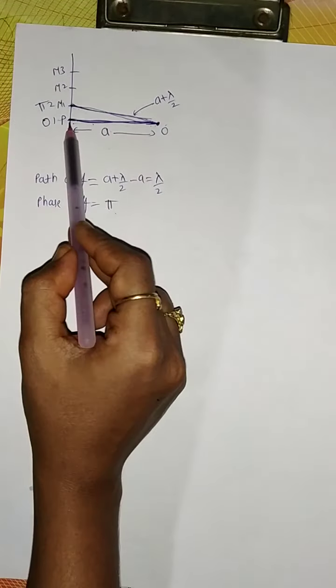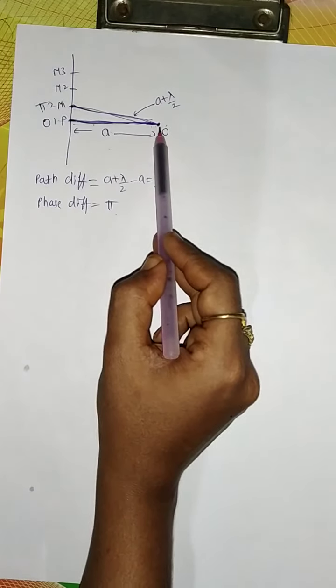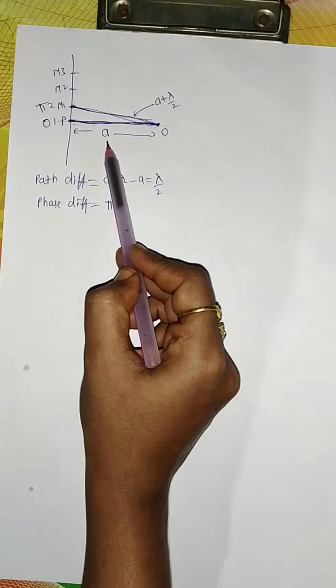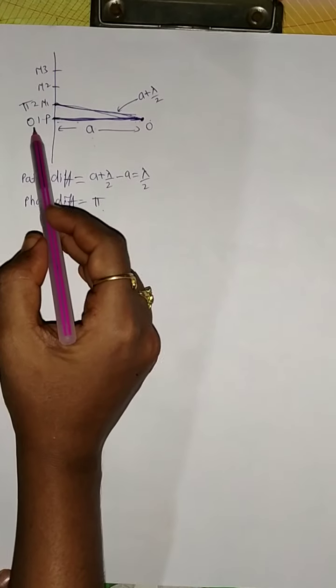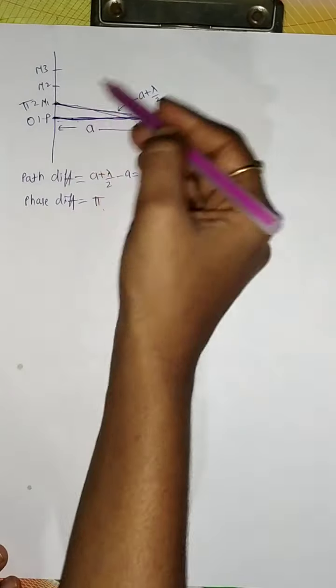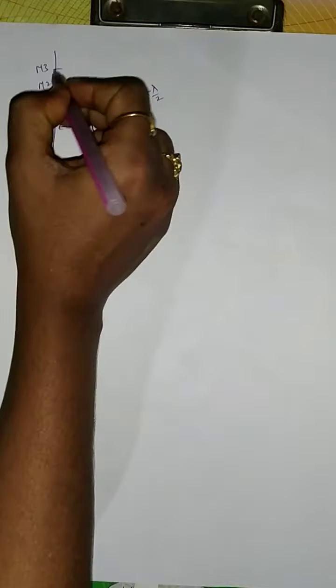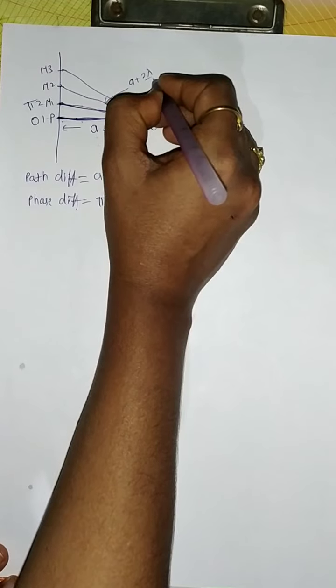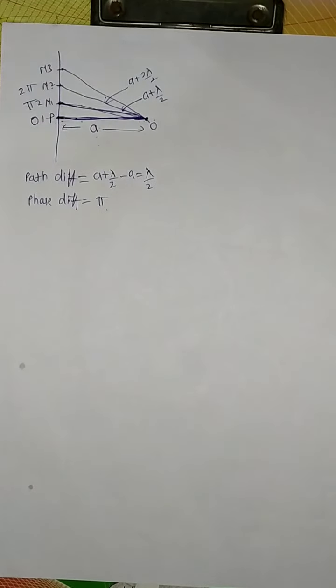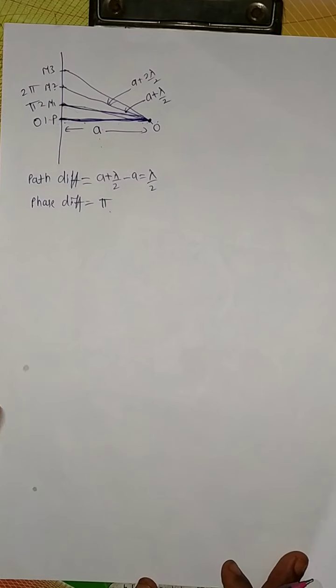Meaning, see, the first ray moves from P to O, how much distance will it cover? A. The second ray again from P to O, if it moves, how much distance will it cover? A. So when all the rays are covering the same distance, then the phase difference will be 0. But from this ray to this ray, what will be the phase difference? Pi. Like that, if you go on calculating for different zones, see here the distance covered is A plus 2 lambda by 2. So if that is the case, what would be the phase difference between P and M2? Yeah, of course you will get 2 pi. Understanding? So like that, it will go on increasing.